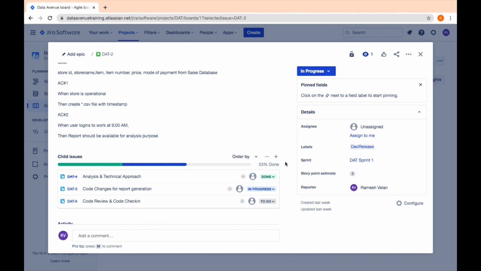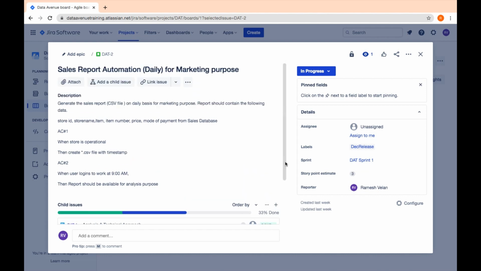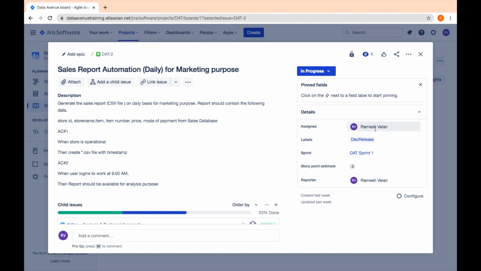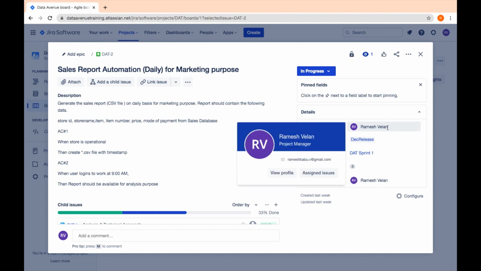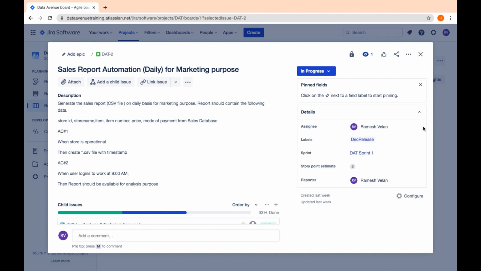So the good practices we need to follow as a developer: you can assign the story to anyone, or assign to me. If you click it, it will assign to me. Once you have completed it, or you want to assign it to somebody, you can put the name here and assign to them. Once the testing is ready, you can assign to somebody for the demo purpose. The story point is 3. That means if I go with one story point as 8 hours of work, then it is 3 days. Even though the story can be completed in 3 days,